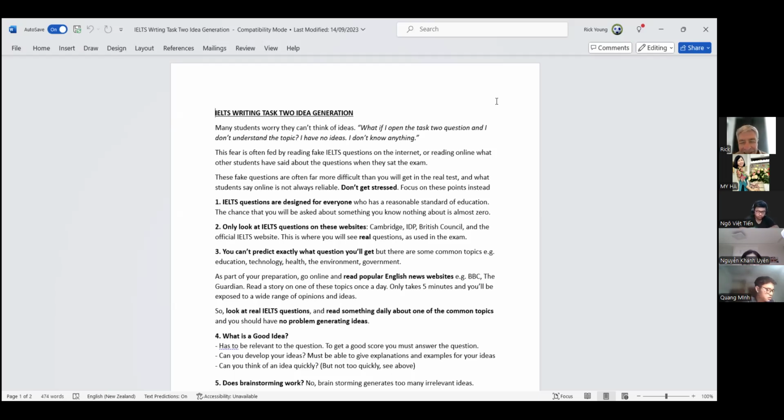Remember, with these essays, you can't start writing straight away, okay? You have to make a plan, which is what this lesson is about. And you can't make a plan unless you know the structure. So I hope now you understand a little bit more about the structure of the essay. And you can't make a structure until you decide what sort of essay it is. And you can't decide what sort of essay it is unless you have some ideas.